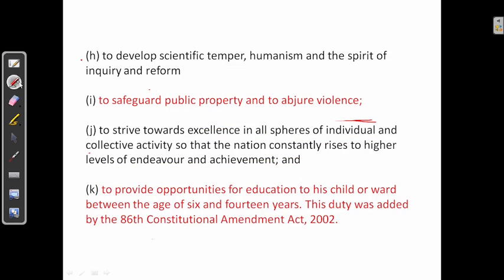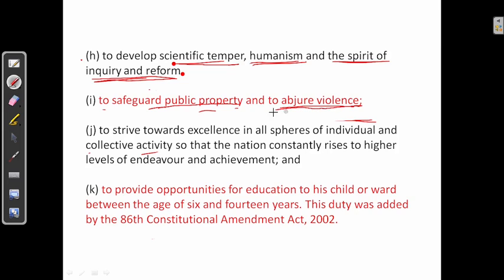Next, to develop scientific temper, humanism and the spirit of inquiry and reform. The next fundamental duty is to develop scientific temper, humanism and the spirit of inquiry and reform. Next, to safeguard public property and to abjure violence. To safeguard public property